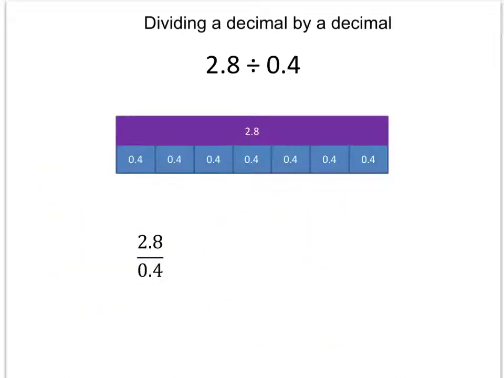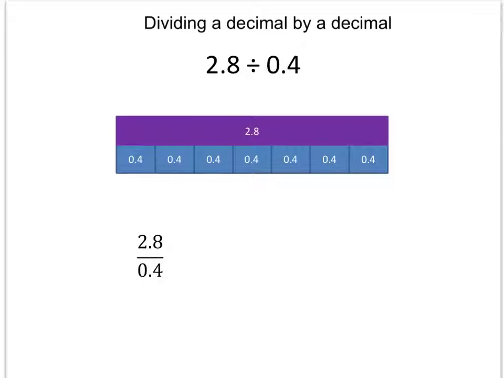Okay, last bit is just looking at dividing a decimal number by another decimal number. So the example we've got here is 2.8 divided by 0.4. And again, just looking at it with a picture, what we mean is, how many 0.4s can we fit into 2.8? So you can see here you've got 1, 2, 3, 4, 5, 6, 7 0.4s, and that divides in exactly,